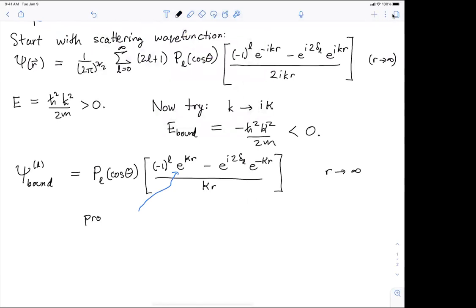The problem with this is not just that it's not normalizable, but it's horribly not normalizable. So not normalizable, but in a particularly pathological way, in that the probability density grows with distance. So the probability density is proportional to ψ squared, and so that's going to be proportional to e^(2κr),